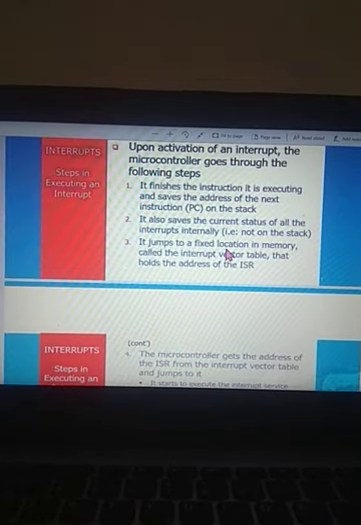It jumps to a fixed location in memory called the interrupt vector table. After saving the address of the current instruction and the status of interrupts, it jumps to a fixed location in memory called the interrupt vector table that holds the address of the interrupt service routine.